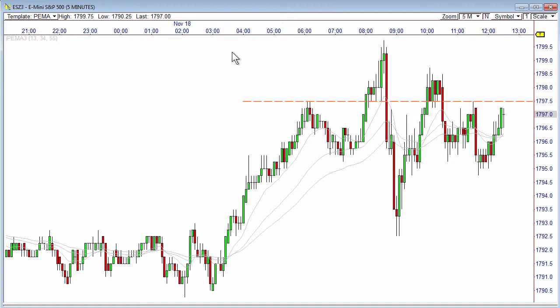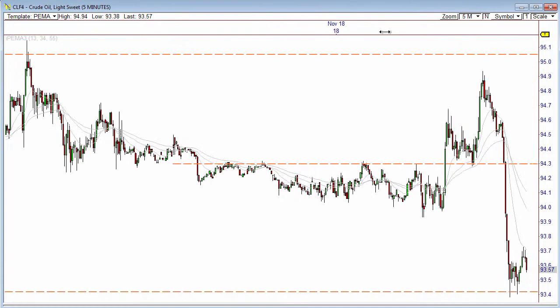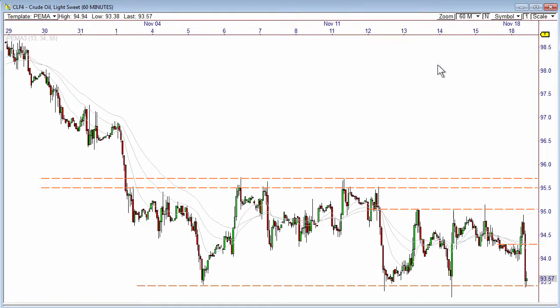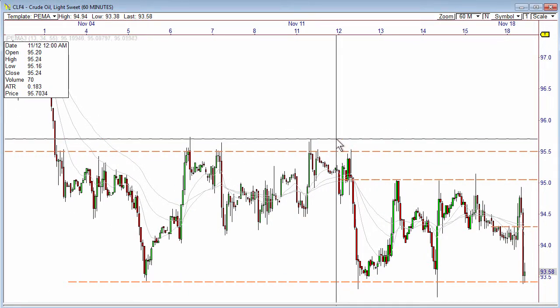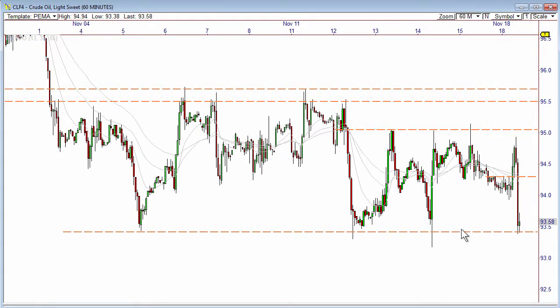On to CL. This is the January contract now. I've updated this morning, and we're sitting right on significant support at 93.40. 93.40 is a big time support zone. We have a clear range from 93.40 up to that 95.70 zone. We're currently sitting on this support, and if this area continues to hold, then I could see a push back toward 94s. But a break of these 93.40s could lead to a retest, or a break or a test of those 93s,